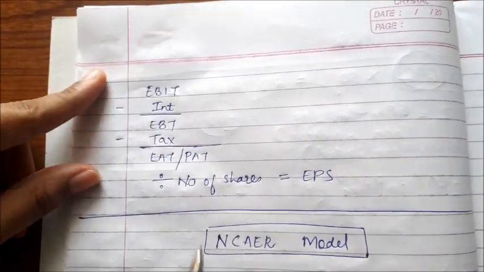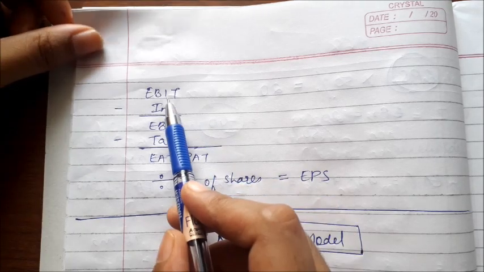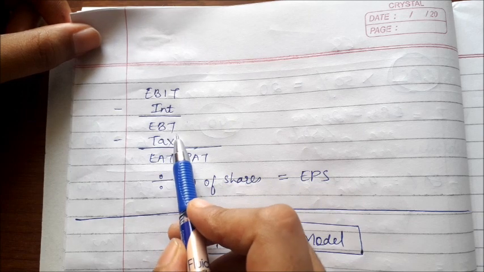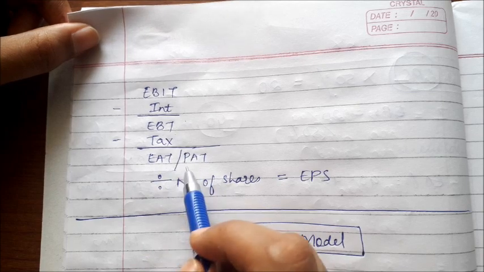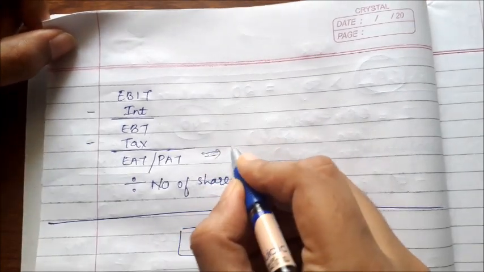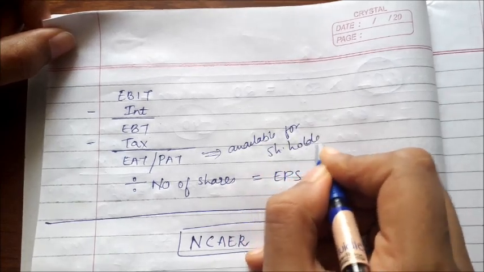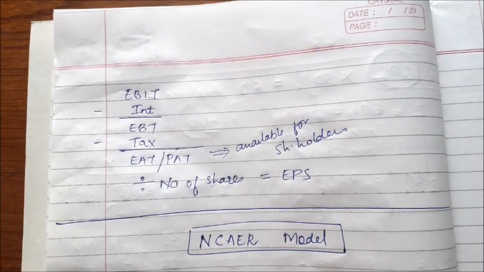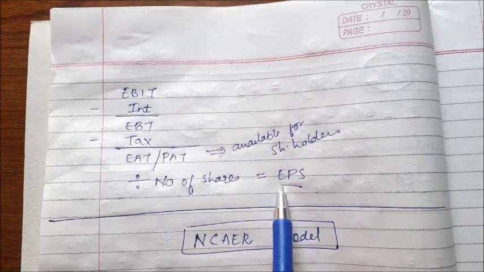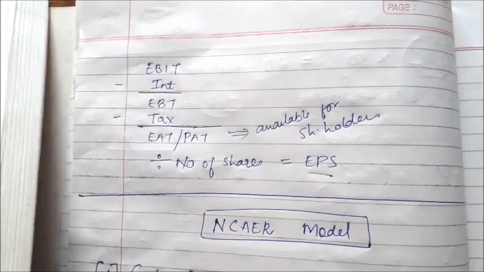Now in some questions we have to find the EBIT. You would think how the EBIT would be found. Sometimes EBIT is directly given, otherwise we know how to find it. EBIT minus interest gives EBT, earnings before tax; minus tax gives earnings after tax. This earning is available for the shareholders. If it is divided by the number of shares, we get earnings per share: for one share, how much is the earning. Now let's go to the questions, so the things would get clarified.